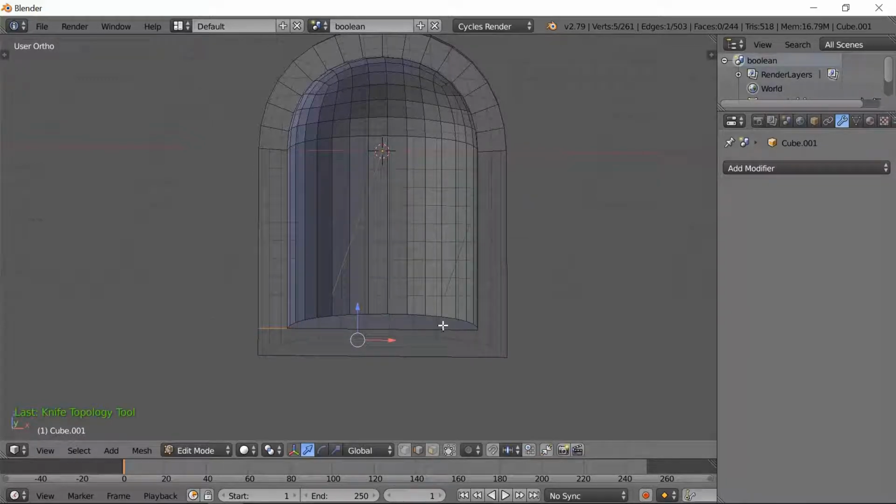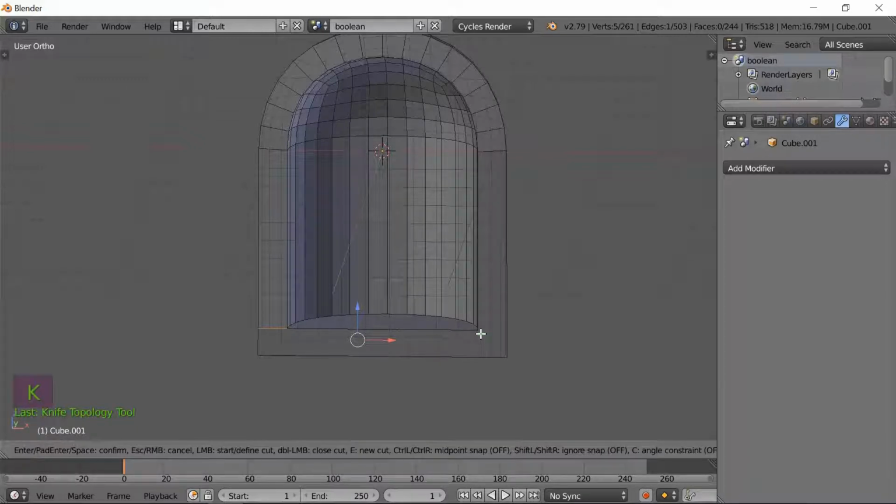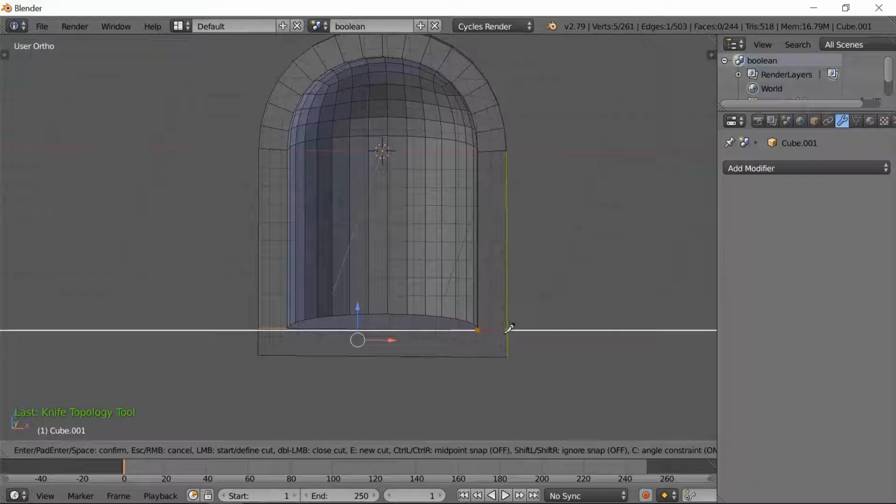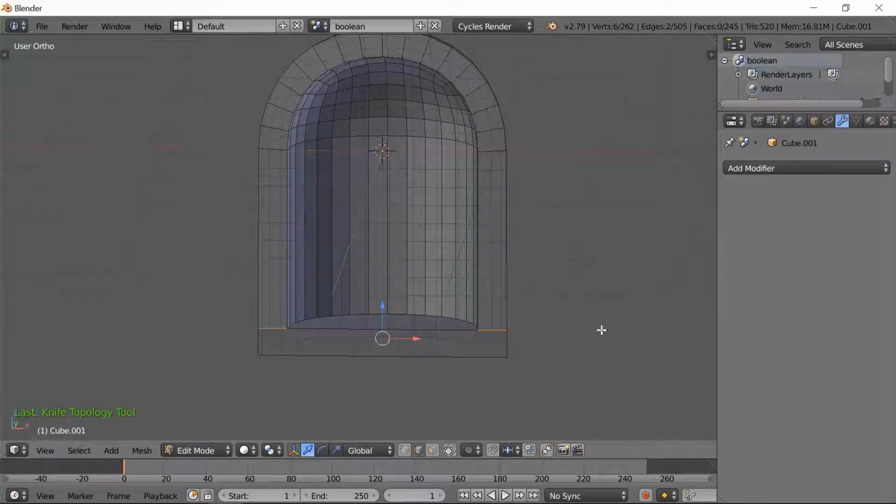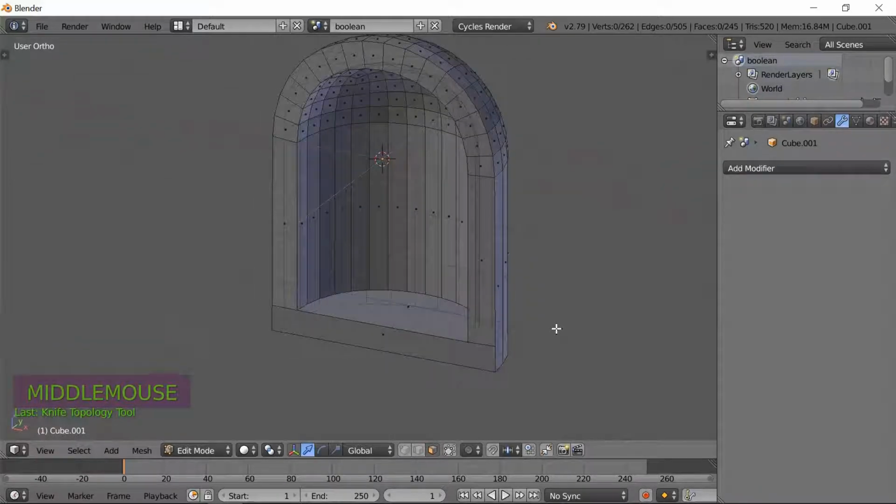There it is. We do the same again, K to select the knife tool, find the corner, press C, you'll see it gets a red thing around it, move it across. When the edge changes colour, left click and enter, and then we've got the 2 new edges which are in the right direction. Go into face select mode and select the front face